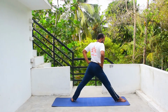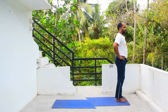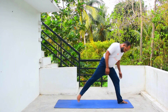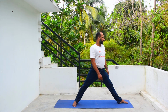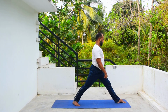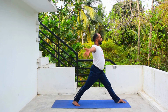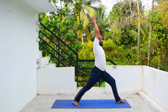Exhale, back to the hip and bring your left leg forward. Okay, now let's go for the Veerabhadrasana 1. Right leg backward and make sure that both heels are in one line. And if you are a beginner, your toe can come a little inward so that it is easy to square your hip. And inhale, both hands up, and exhale, bend your